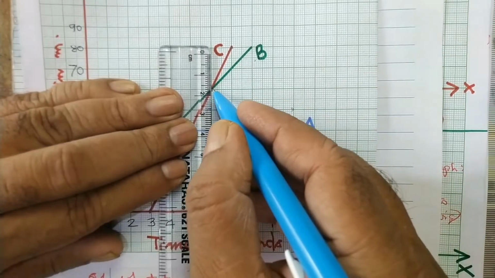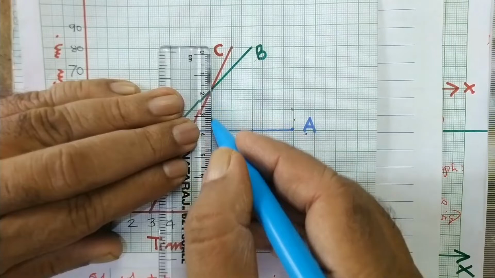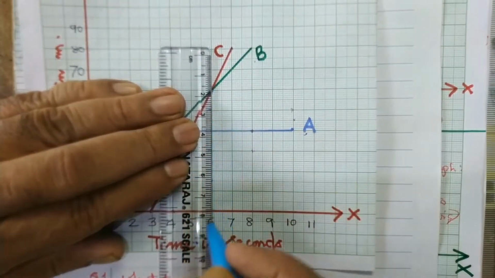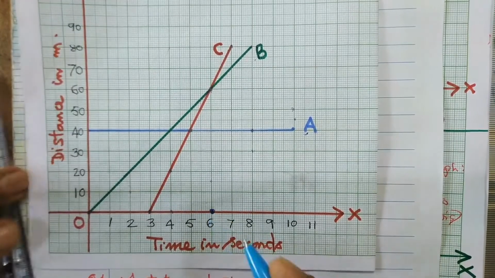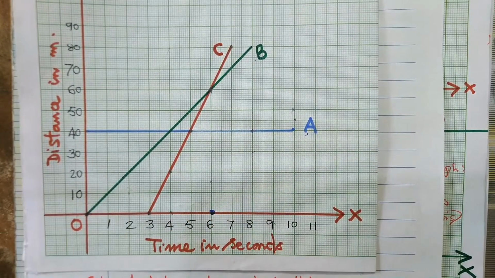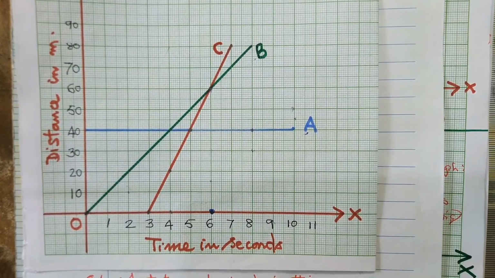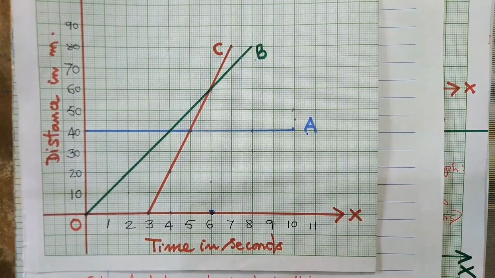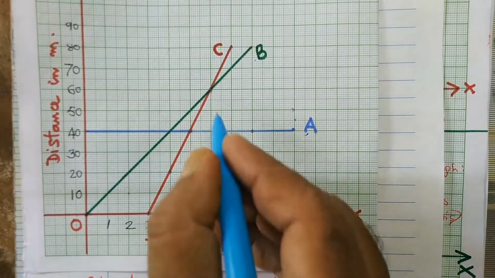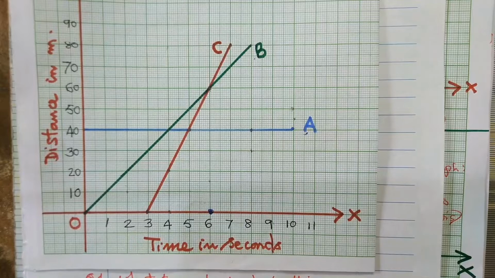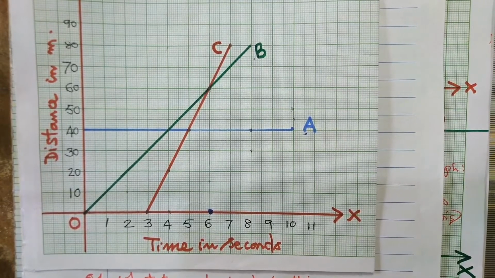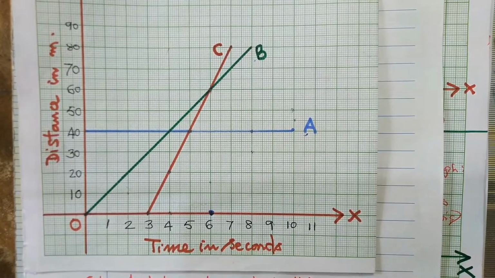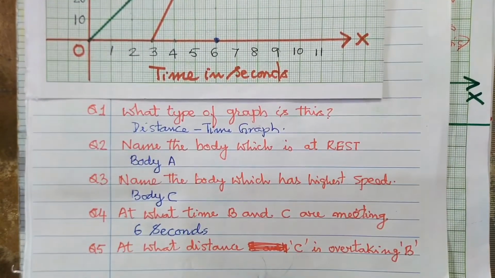As the x-axis is representing the time, we will drop down like this. Don't drop it, you need not do it like this. Just you see like this and see where it is coming. This is coming at C. At C means we can say that at 6, sorry, at 6 it is coming. What is 6? 6 in seconds it is. So the answer for what time B and C are meeting is 6 seconds, or simply we can say 6 s also. This is the answer for the fourth question.